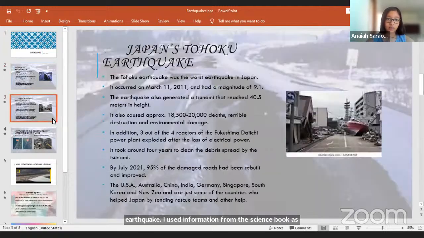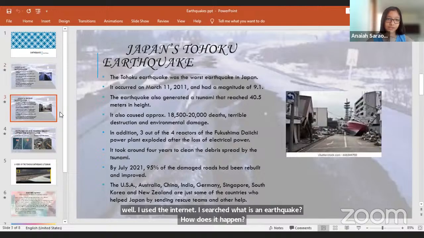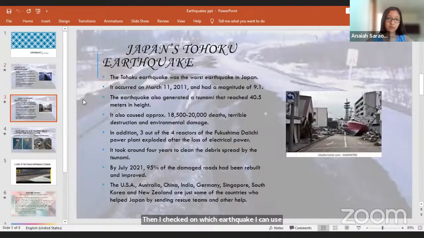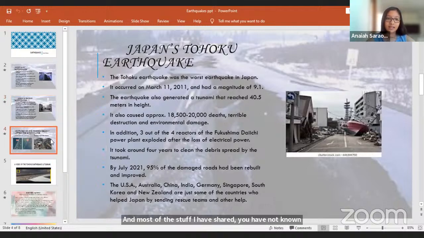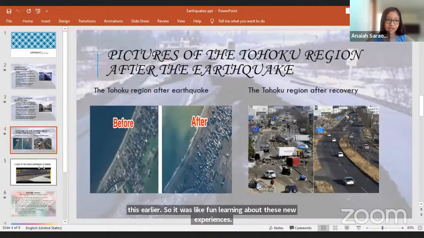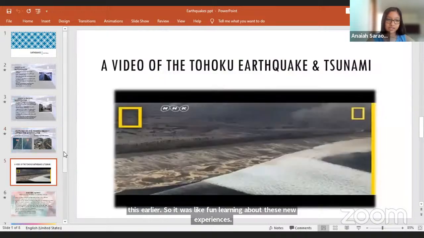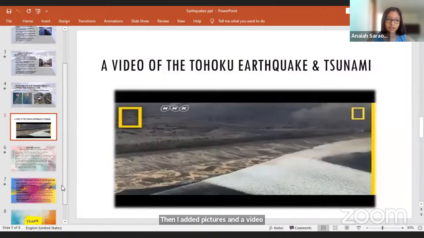Then I checked on which earthquake I can use. So I decided on Japan's Tohoku earthquake. It was fun learning about these new points, and most of the stuff I have shared, even I did not know this earlier. Then I added pictures and a video to understand the intensity of the earthquake. I hope you liked the video.